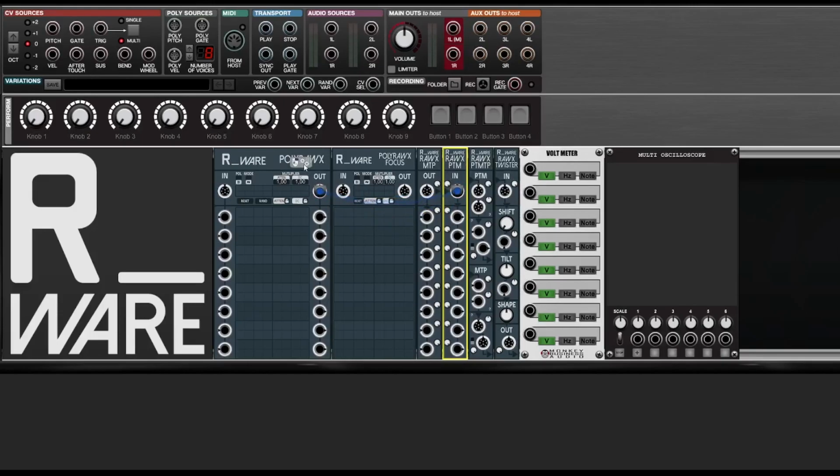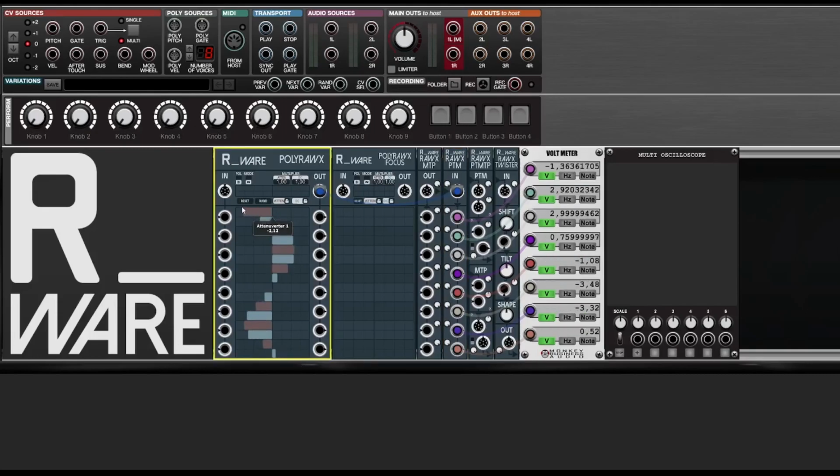Now let's use Rawx and connect the individual channels to this neat little voltmeter we got here, so we can see what's going on in the signal. Rawx is a tool that lets you manipulate polyphonic signals, or the individual channels of a polyphonic signal, in a very intuitive and creative interface. Namely, this canvas which lets you draw freely